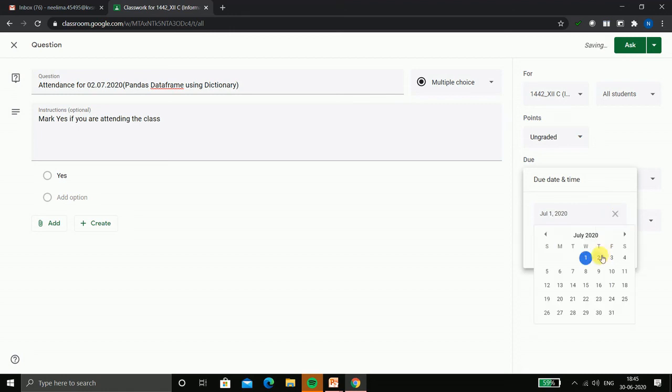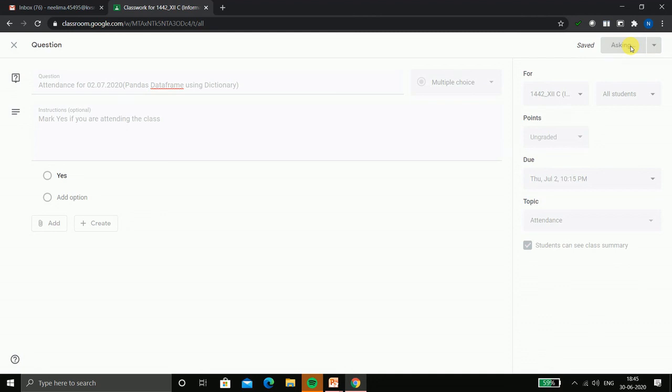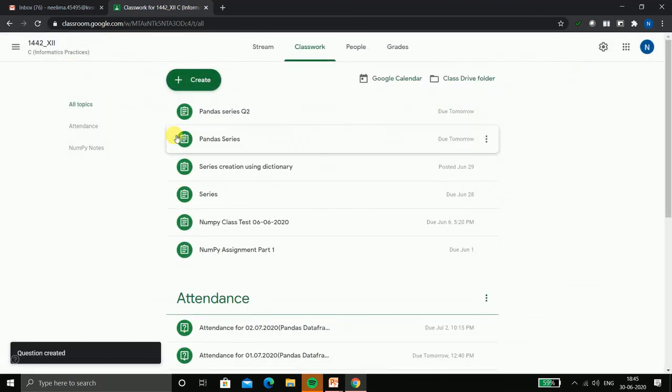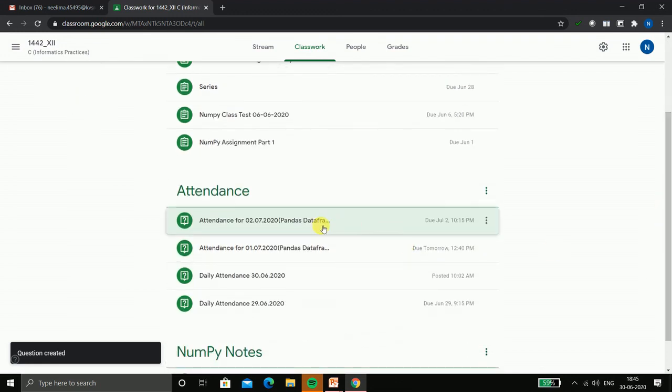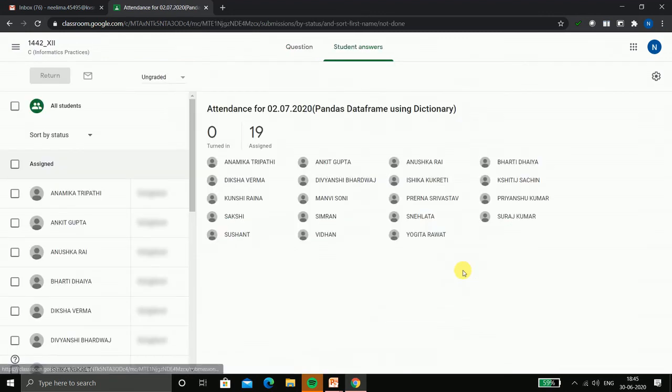Means I will not give any mark for attending it. And suppose I assign the time as 10:15. Ask. And here you can see this post is created. 19 have been assigned.